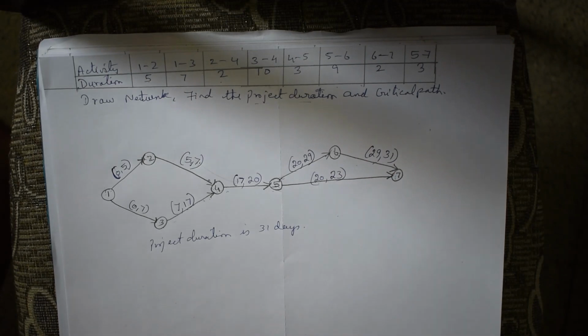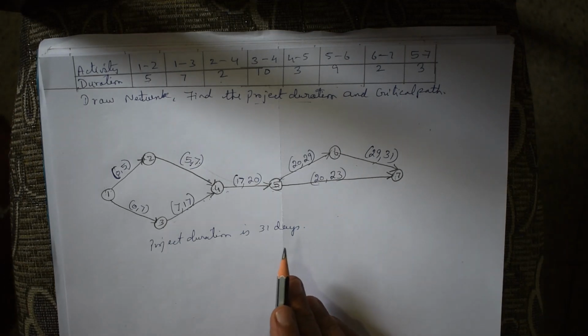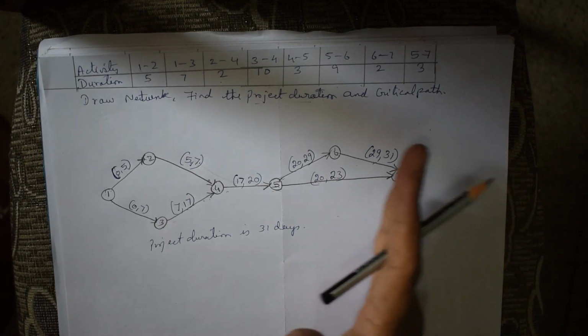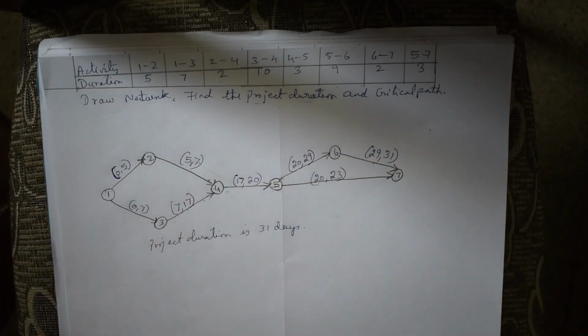Find the critical path. See, there are several ways of finding the critical path. I am going to teach you one method which you can follow, and this method is useful for the other aspects of the problem also. How to find the critical path? To find the critical path, I am going to do the backward calculation or the backward timing, or we can call it reverse timing.